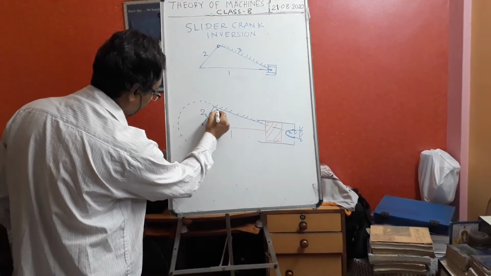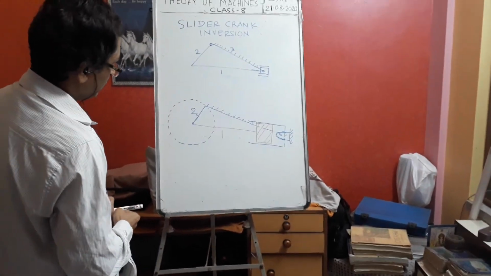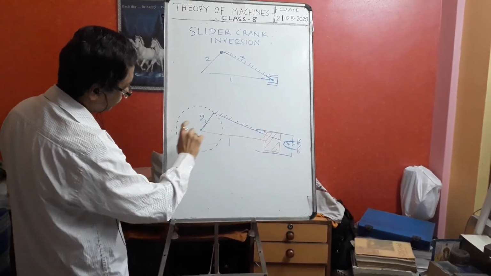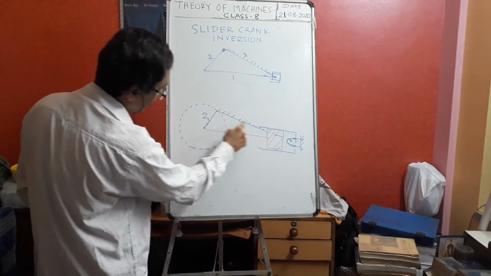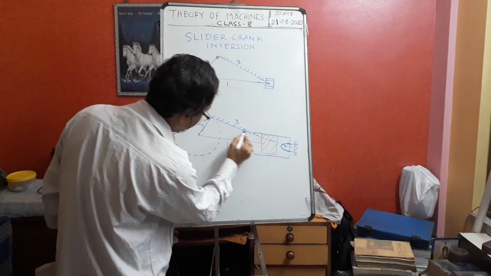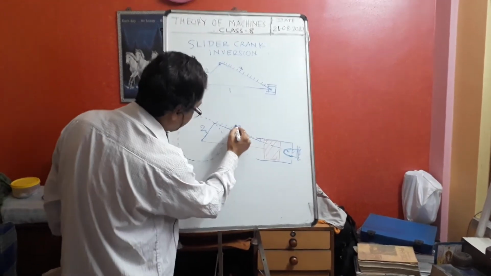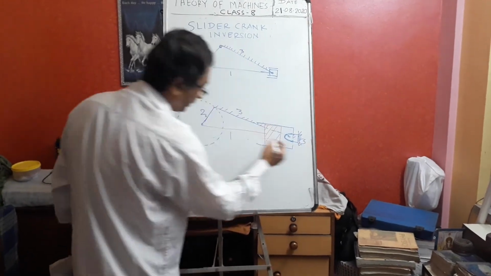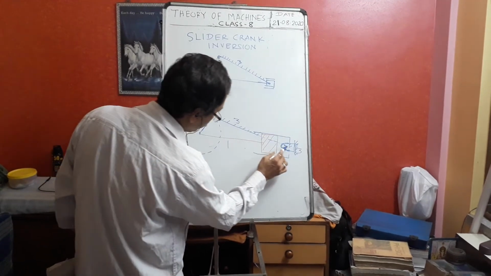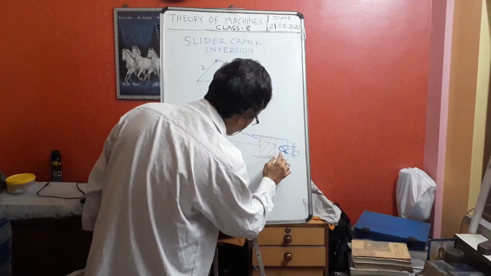Now if you see here what is happening, this is the crank, so link 2 is this one, and this is link 3 that is fixed. Now what I have done, this link 3 I have connected to one hinge that is also ground. So this is link 3, this is also link 3, because this is also grounded. So link 3 is connected to a hinge which is connected to the ground. So totally these things are fixed.